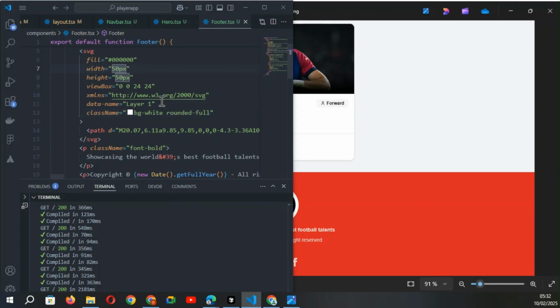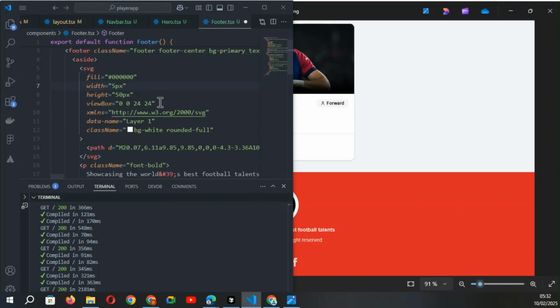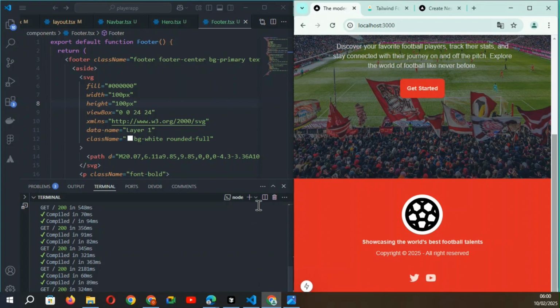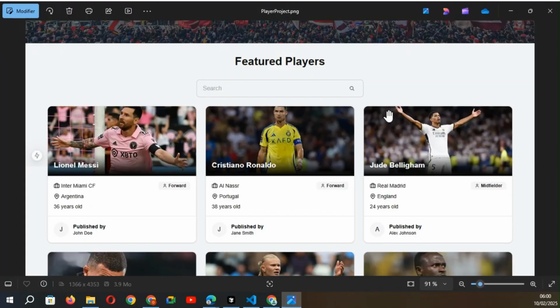So here I have the width 100, and also here I modify again the 8. Okay, so when I see my wireframe, okay,